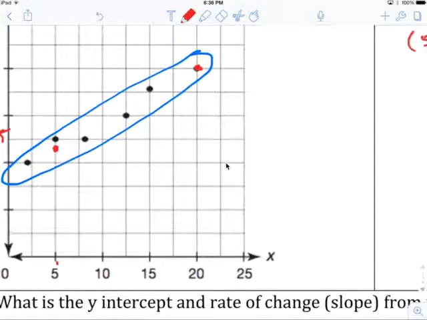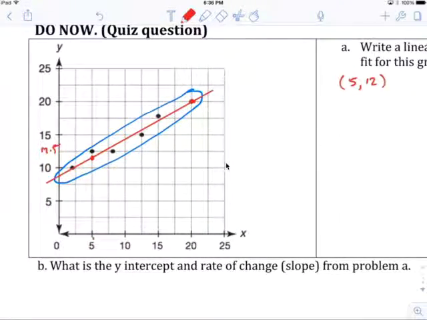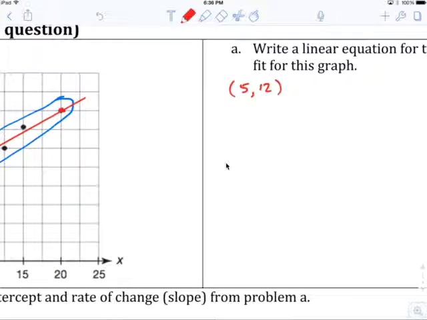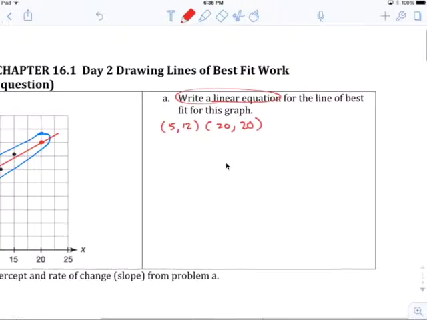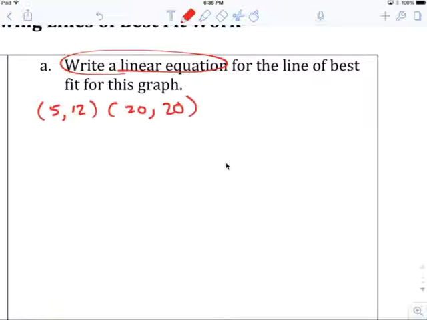And then I take those two and draw a nice straight line. The computer's awesome. It'll straighten it for me. There you go. That's my line of best fit. And 20 and 20. I want to write a linear equation. A linear equation has an equal sign with x and y in it that best fits this graph. So I'm going to use point slope. x1, y1, x2, y2. Okay, so